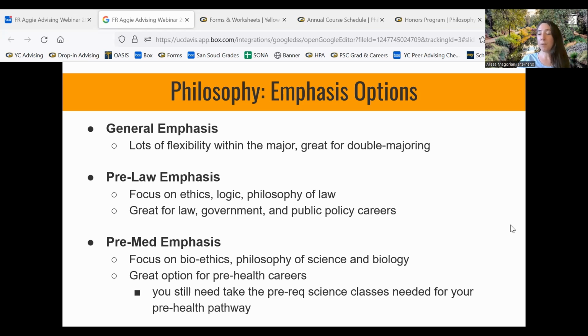We also have a pre-med emphasis, which focuses on bioethics, as well as the philosophy of science and biology, which can be enormously helpful in any sort of pre-med or pre-health pathway that you may be interested in. So if you're thinking of becoming an MD, going to nursing school, PA school, that sort of thing, this is a great major to go into. And the thing that we would just say is that you still need to start taking some of your science classes